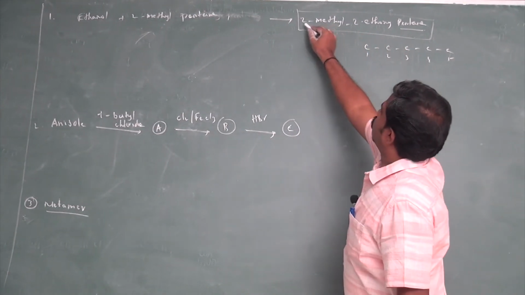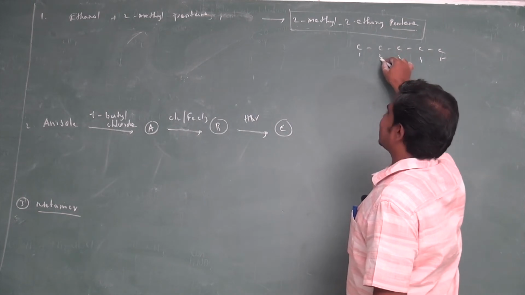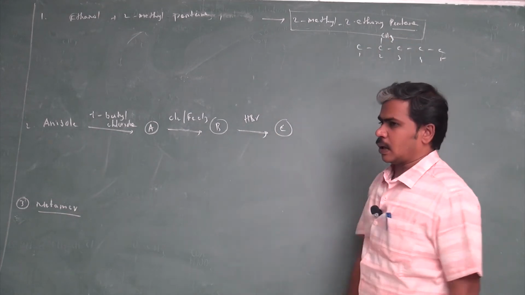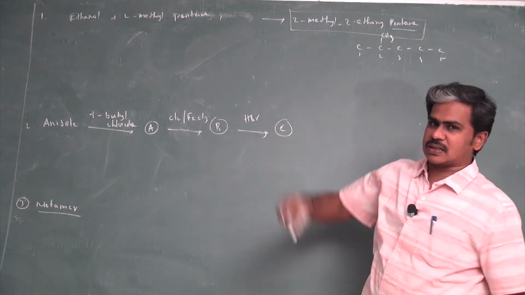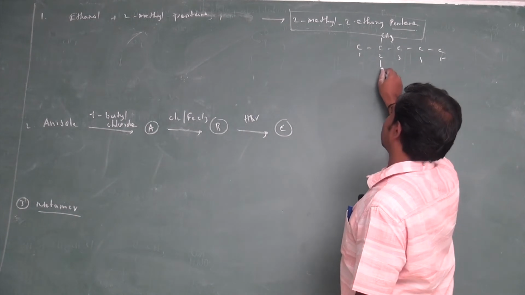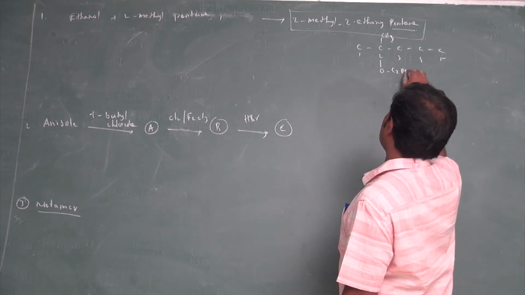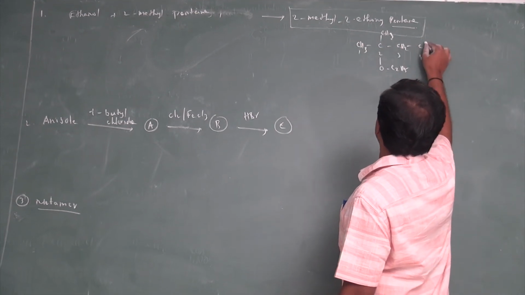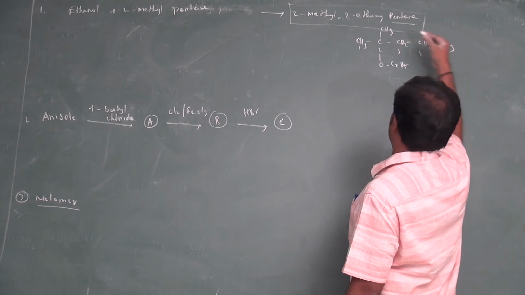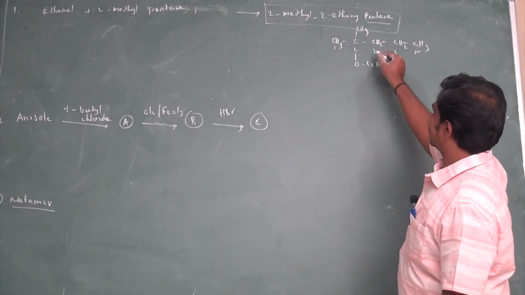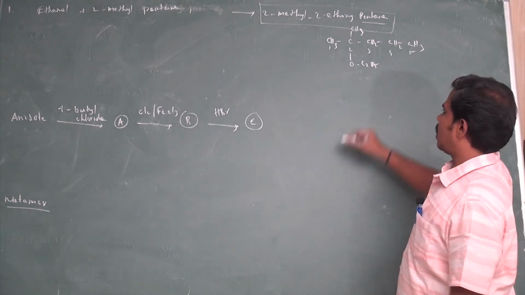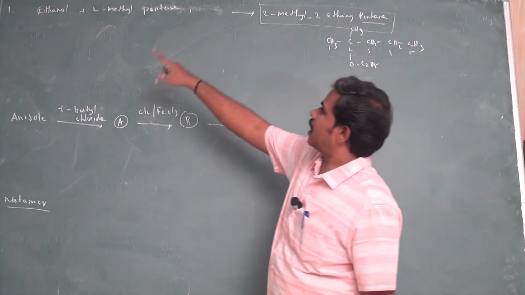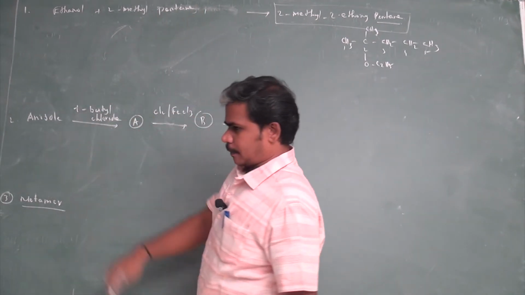And it is 2-methyl-2-ethoxy. It is at the second position. So, here it is a methyl group, CH3, 2-methyl, and 2-ethoxy. What is that ethoxy? Ethyl plus oxy. So, that is OC2H5. Then the compound is CH3 and CH2 and CH2CH3. So, we want to prepare this compound, 2-methyl-2-ethoxypentane, from ethanol and 2-methylpentanol.